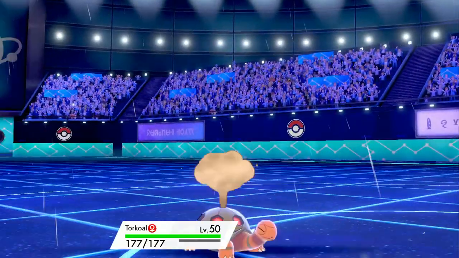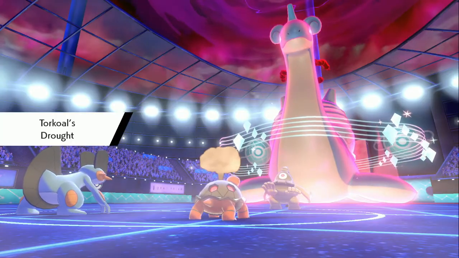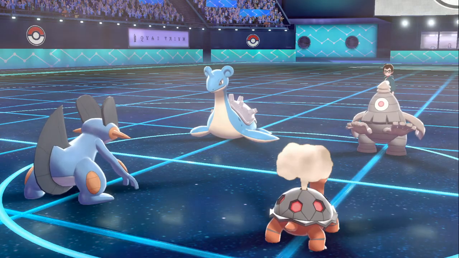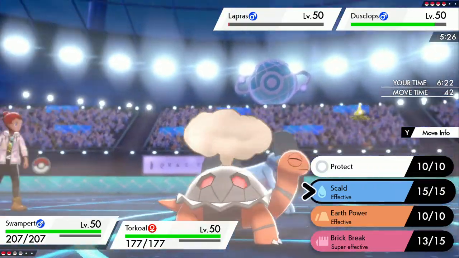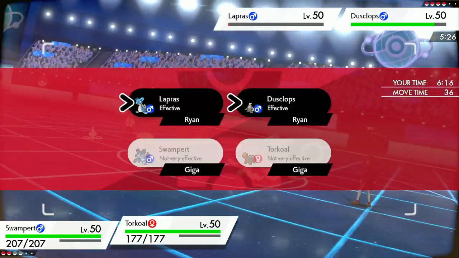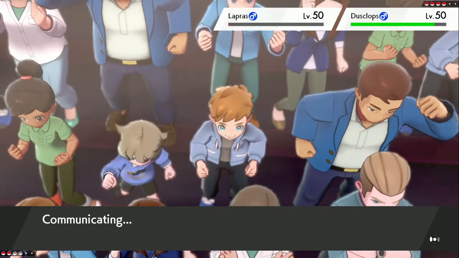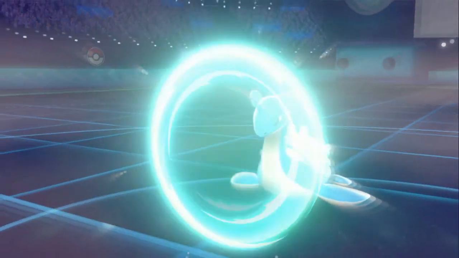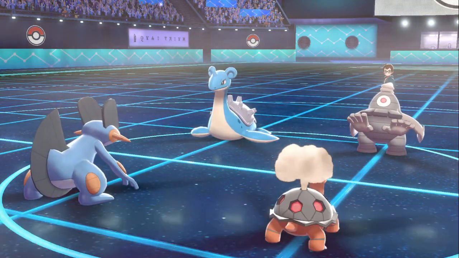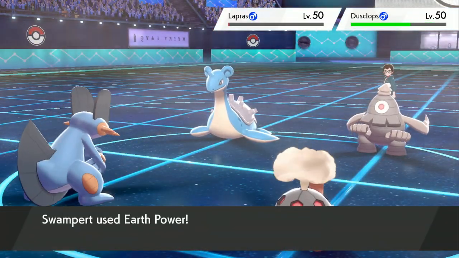Should just do a ton. And now it's just this game of Ally Switch of do I think the Torkoal, do I think the... what, Scald? No, I can't Scald right now. I have to Earth Power into Dusclops, and I have to go for Eruption. Yeah, this is actually tricky. Lapras, yep, the Protect is expected. Eruption is going to... Let's see how much it does into Dusclops. It's going to do... Yeah, nothing, because of the fact that...